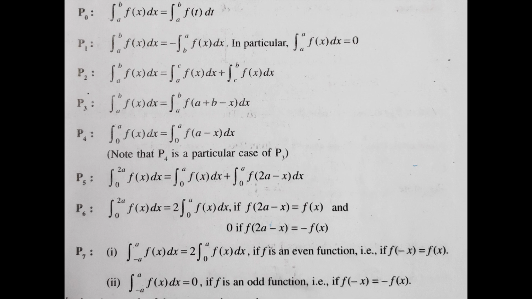So, I repeat the integral. Integral minus a to a f of x dx is equal to 2 times integral 0 to a f of x dx if f is an even function, and integral minus a to a f of x dx is equal to 0 if f is an odd function. I hope it is clear. Now you can go through the properties on page number 341 and understand it with the